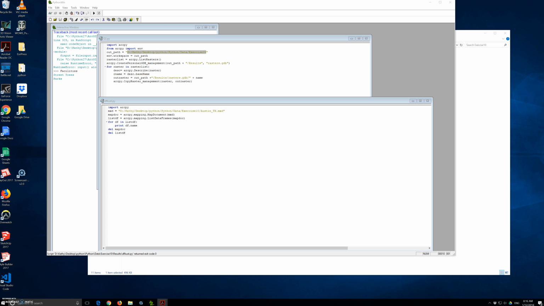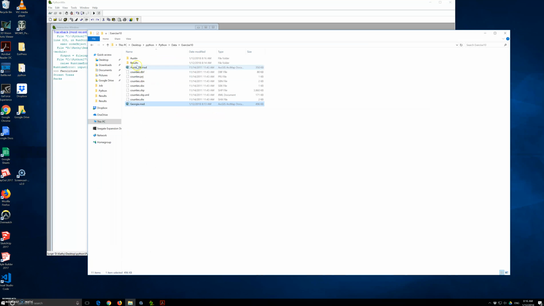We have facilities, street, trees, and we have parks. And we can also modify the data frame properties. In the next example, we will modify selected properties so they are identical for all data frames in the map document. And now we're going to start our Austin, Texas MXD, briefly examine the layers and the properties of each